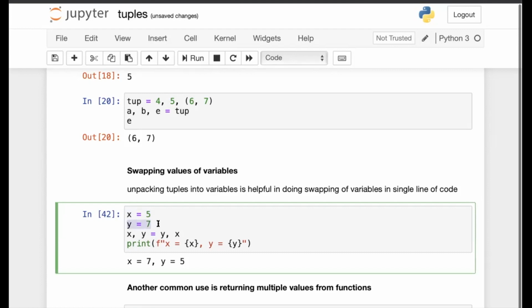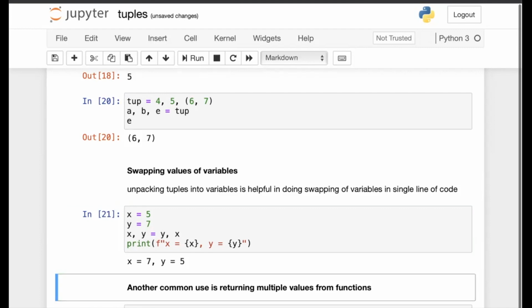If you want to swap the values of x and y, you can write an expression like x comma y is equal to y comma x. Here y comma x are packed into a single tuple, and then they are unpacked as well. When they are unpacked, the value of y is assigned to x and the value of x is assigned to y. So in a single line of code, you can do the swapping.